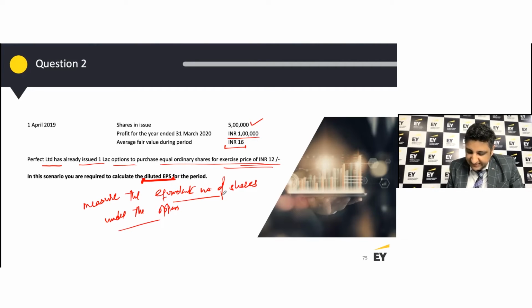So basically, the factor that we want to use is going to be what is the price at which you should have issued those, which is 16 rupees, but the price at which you are issuing those shares is 12 rupees, which essentially means that if there are 1 lakh options, right,